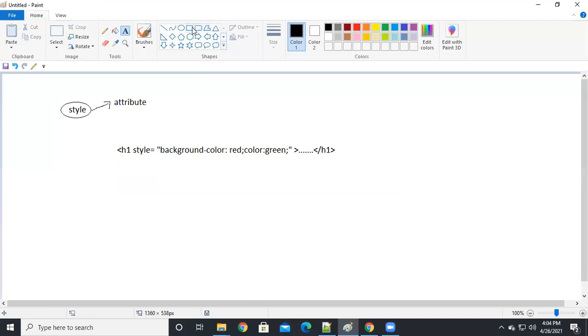So we just apply using the style attribute. Actually, we are using it inline like this only, guys. But as of now, we are going to add some properties to change the look and feel. See, here style is the attribute.